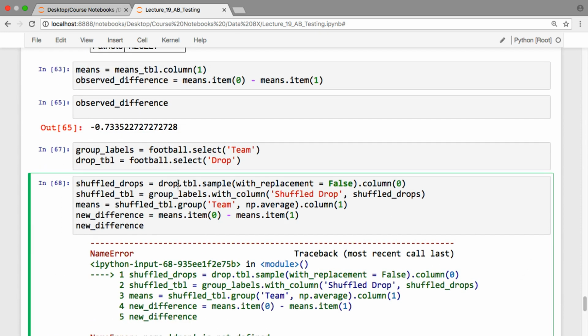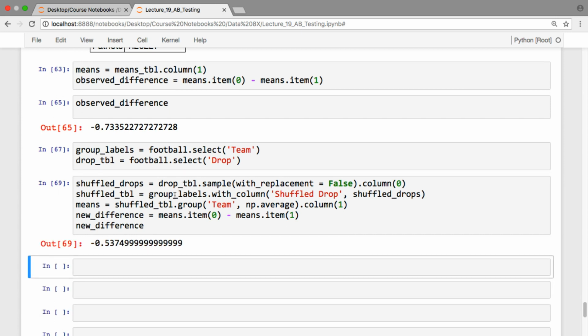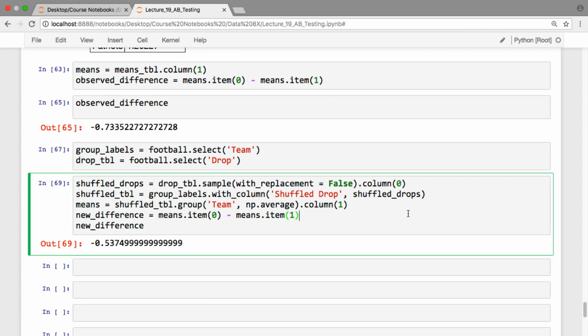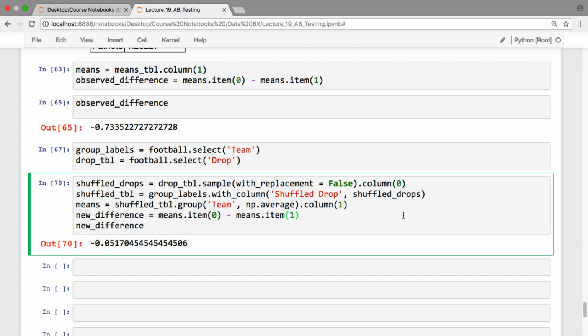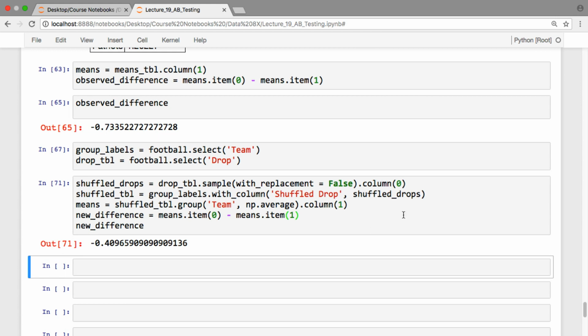Yes, indeed, it is not defined. Much better. Got minus 0.53, right? Okay, well, let's see,